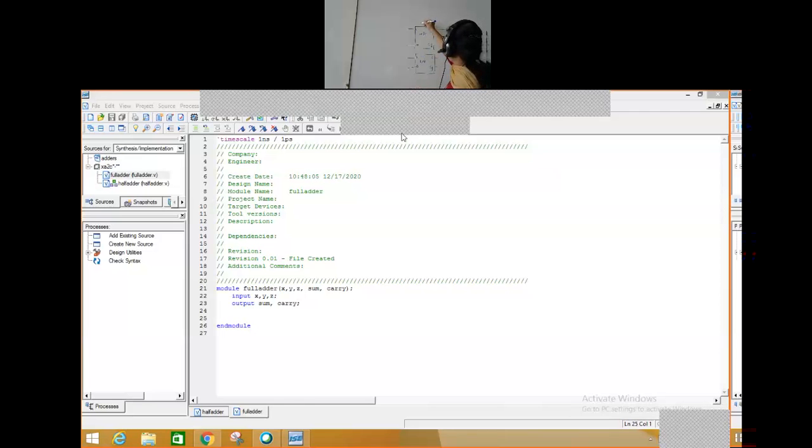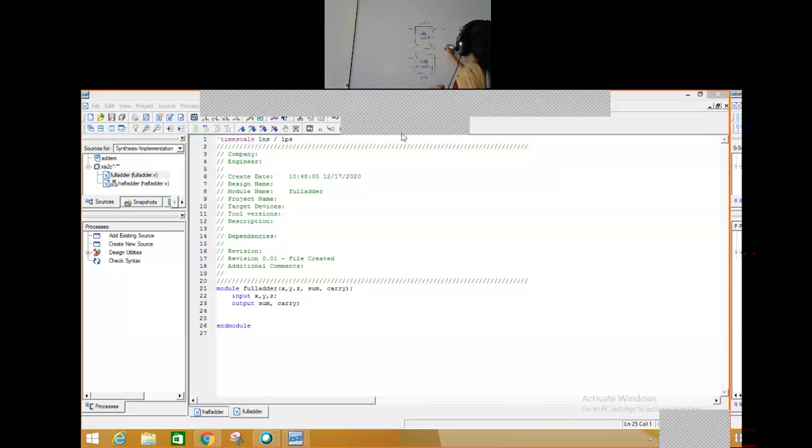The module name I have given is actually half adder, correct? This is also half adder. Remember, this is case sensitive. So let me take one copy of it, I call it half adder one. Let me take another copy of it, I call it half adder 2. Just as in LTSpice you drag and drop the components, similarly I am doing it. So I have taken 2 components.